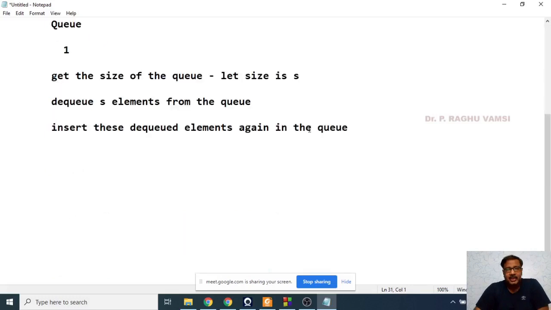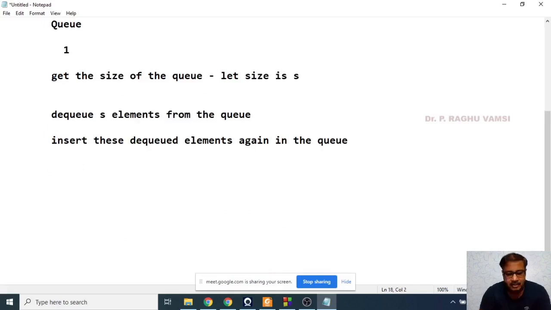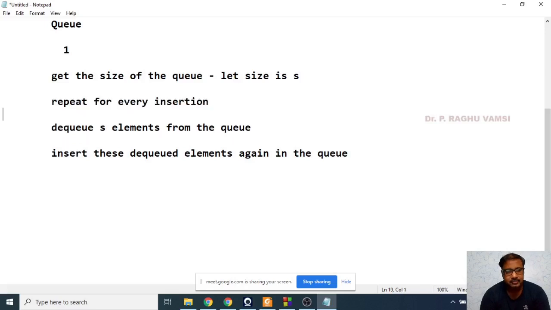So this will be repeated for every insertion.